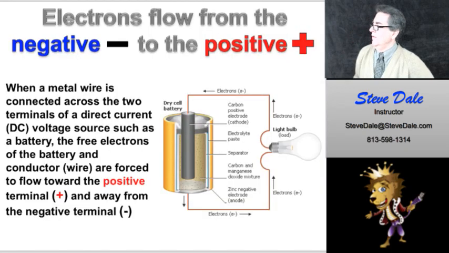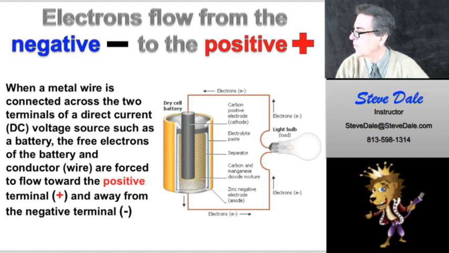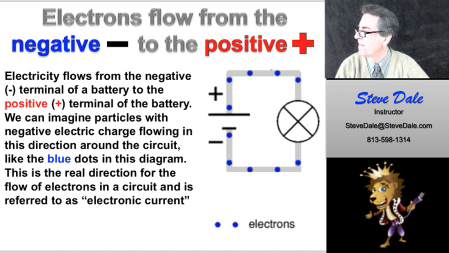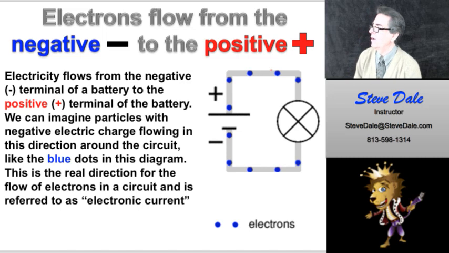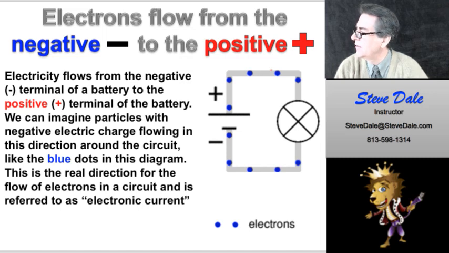Okay, so when a metal wire is connected across the two terminals of a direct current source, such as a battery, the free electrons of the battery and conductor are forced to flow towards the positive and away from the negative terminal. Negative to positive. So electrons flow from the negative terminal of the battery to the positive terminal of the battery. We can imagine particles with negative electric charge flowing in this direction around the circuit, like the blue dots in this diagram. This is the real direction for the flow of electrons in a circuit and is referred to as